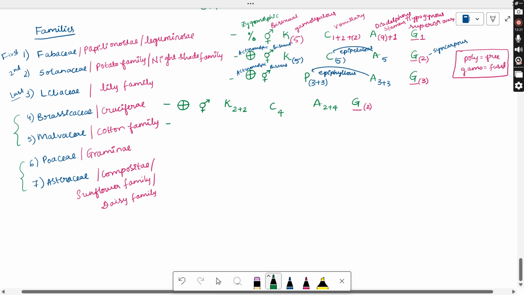Coming to this Malvaceae, this Malvaceae is also called the cotton family, and there is a special feature that we need to discuss. Just remember the hibiscus flower. The flowers are showing the actinomorphic symmetry or the radial symmetry, and will contain both male and female parts. So this is the bisexual one, and along with the calyx, it will have one more part called an epicalyx. So we are just representing it as EPI, either 2 to 7 in number. Let us write K C A G.